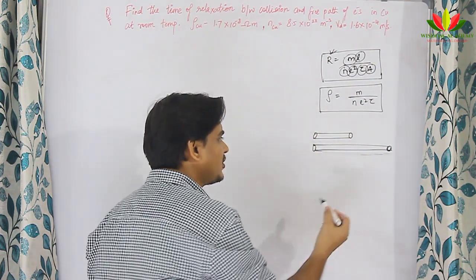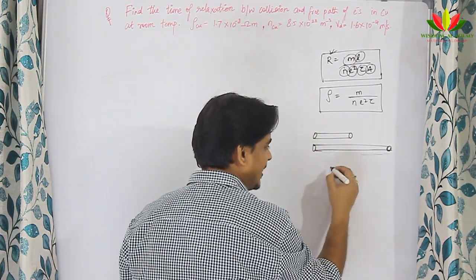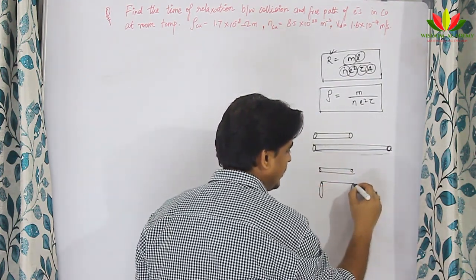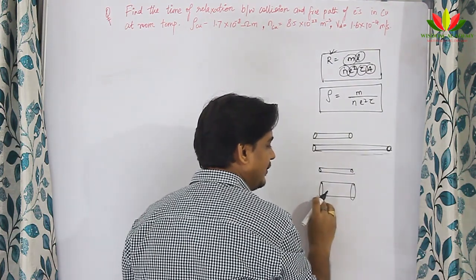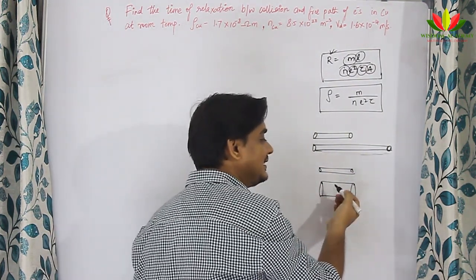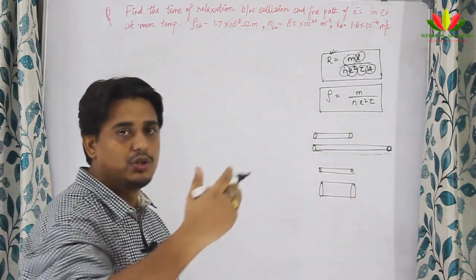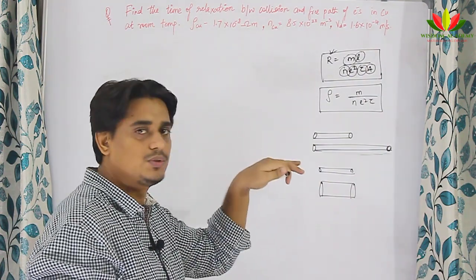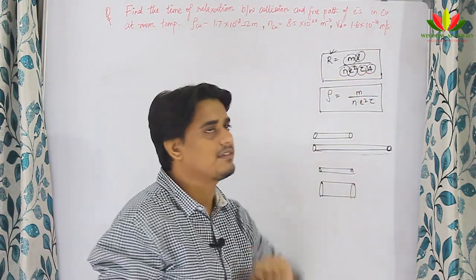And when area of cross section is increased, what will happen? If you see the same length of wire, one is having this area of cross section, another is having this area of cross section. When the width is increasing for the same length, the particles get more space to move. So relaxation time will increase. As tau will increase, R will reduce. That's the reason R and A are inversely proportional to each other.